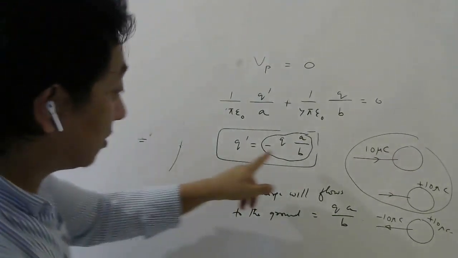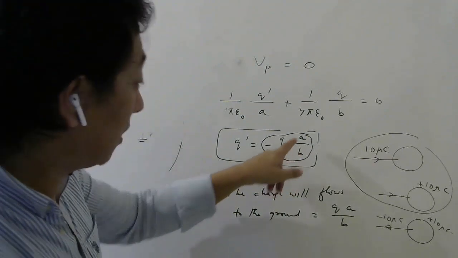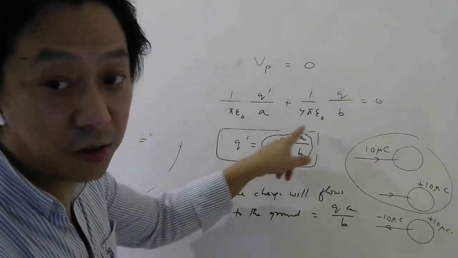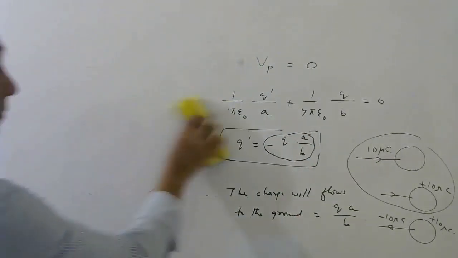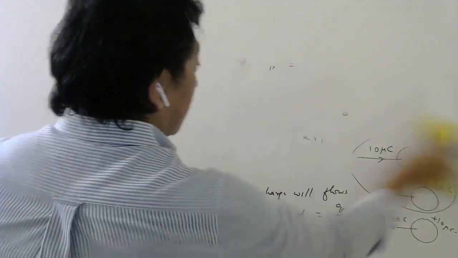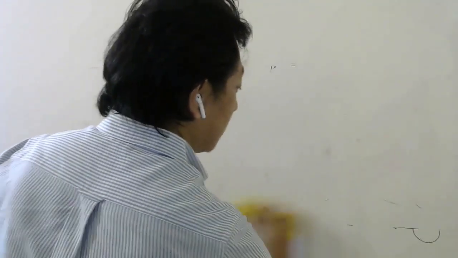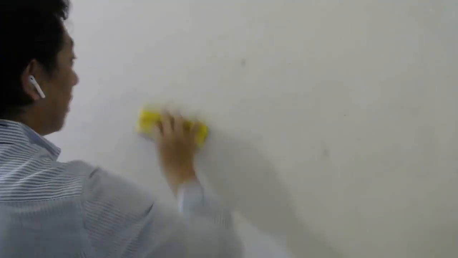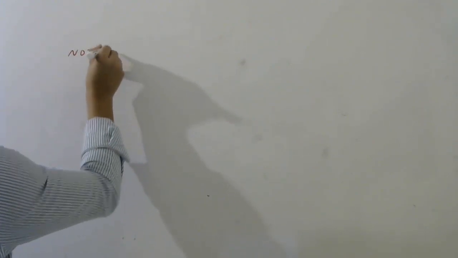So this is what happens when metal. Now this is not simple minus Q. So it depends on the size ratio of the spheres. Okay. So keep these things in mind. Practice once and think carefully once. Now that parallel plates we did, no. So one important note you write somewhere.